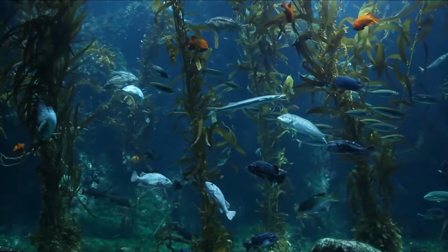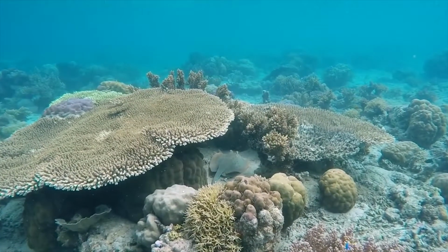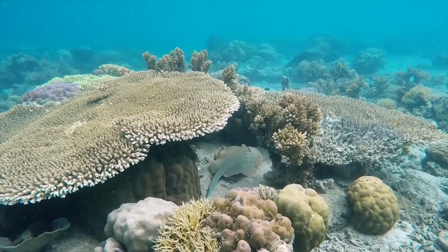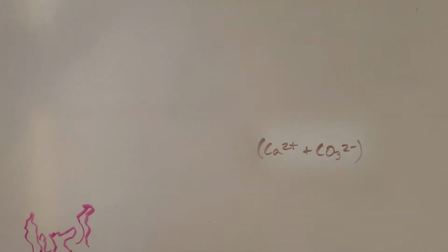So, how does the acidification of the ocean affect marine life? Marine life, such as coral, use calcium carbonate to form its skeleton. Without it, the skeleton dissolves. This is true for many other shellfish and marine life. Calcium carbonate is made up of Ca2+ and CO3 2-. The living corals in the water need the calcium carbonate that the dead corals are giving off